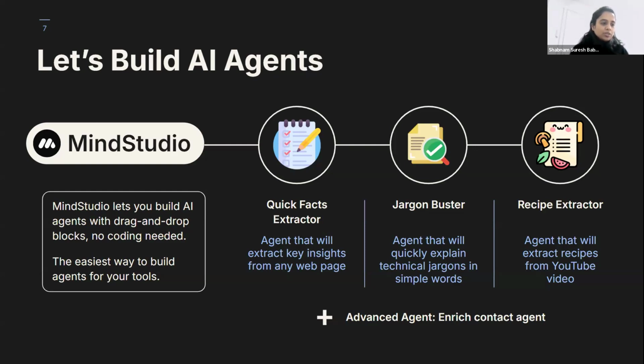Why we choose MindStudio is that you can build powerful AI agents, workflows, and automations without needing the engineering experience. And I don't know if you all caught it, Igor also mentioned that they are LLM agnostic. So I really like the UI and the UX of MindStudio, and the simplicity, how anyone can just learn how to build agents.